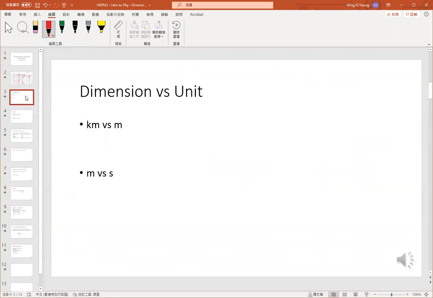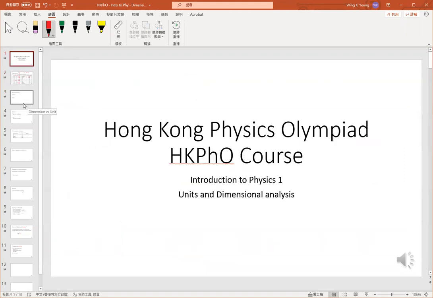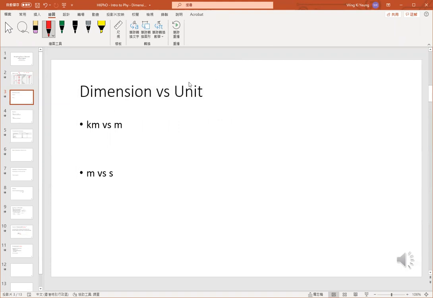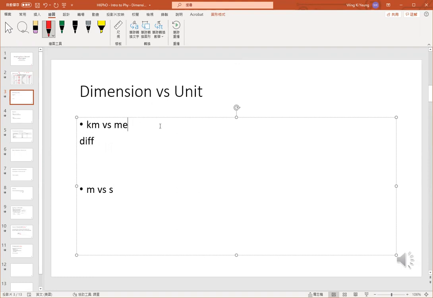Okay, then let's move on. So let's talk about what we mean by dimension. Dimension here does not mean the three-dimensional space. It is something very similar to a unit. But we say that kilometer and meter are different units, is it? I think